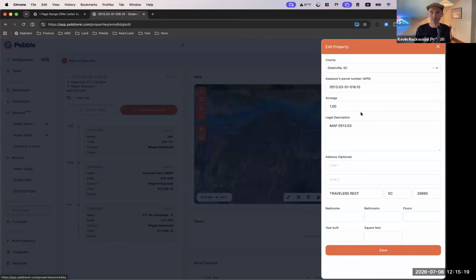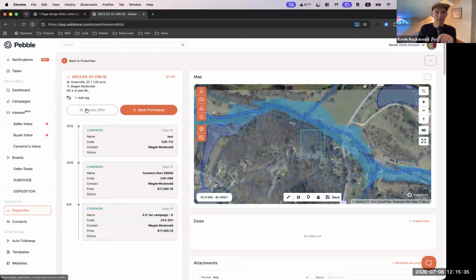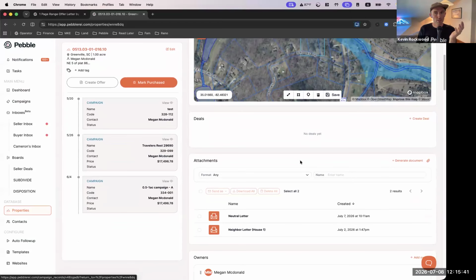If I go and edit this, this is my legal description. I'm just going to say, this might be like Northeast 5 of Plat 86, yada, yada, yada. So let me save that. So that's the legal description that's listed there. And then when I go to generate a document,